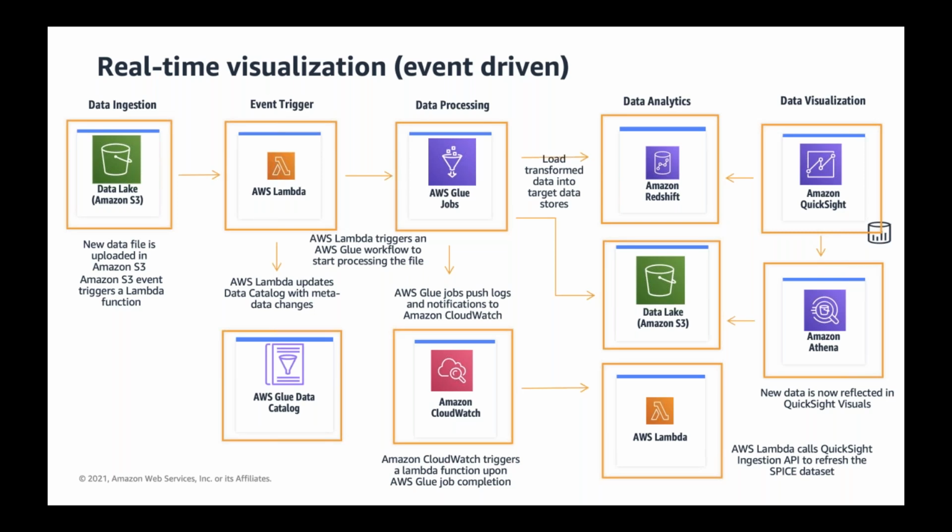So for the ETL job, of course, you can use S3 as your primary data store, right? Data lands in the S3 bucket, and we refer to that as the raw zone. Then as new data flows into the lake, an S3 trigger configured on the bucket triggers an AWS Lambda function, which starts Glue ETL jobs. These jobs can process the raw data and output the processed data into target data stores like Redshift or a processed zone